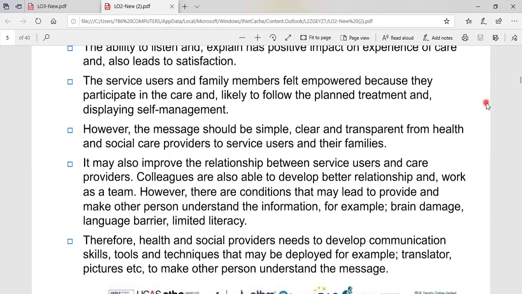So health and social care providers need to develop communication skills, tools, and techniques. For instance, you would require a translator. That's always there at hand. You make use of pictures. If you don't have a translator for that particular language, there are pictures, because people learn a lot if you've given them proper examples through pictures, or you've given them a good